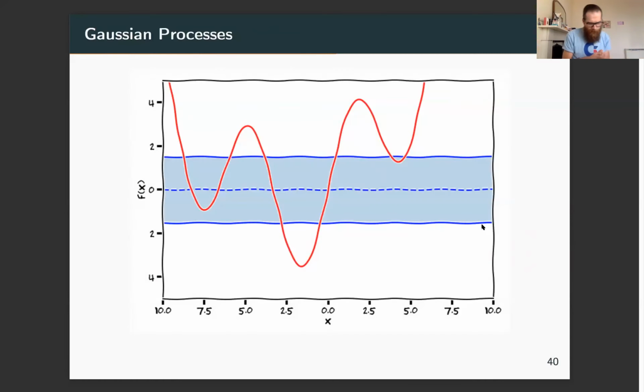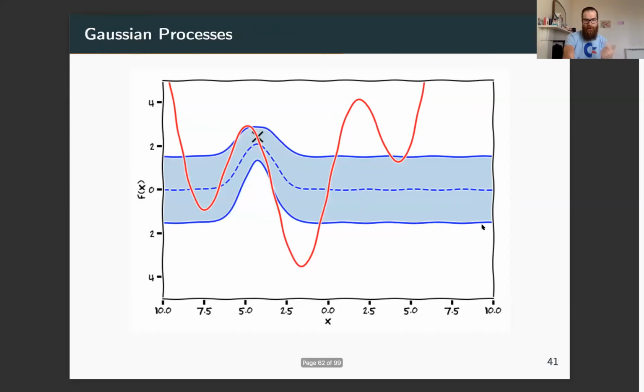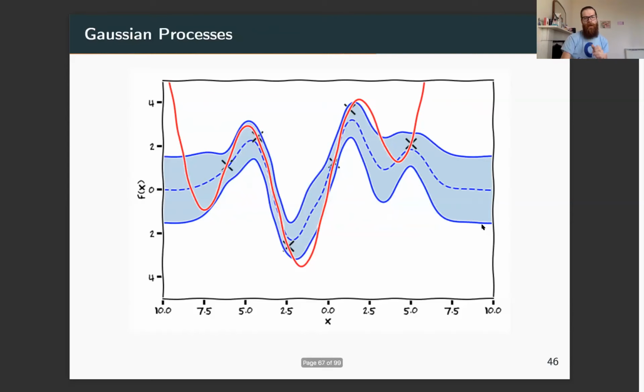Okay, another way of seeing this, which leads to one of the biggest uses of these things, is this. So let's say that I have this red function. I haven't seen this function. I don't know this function. And now I have a prior over this function, which is this blue thing. Initially, I haven't seen anything. So now what I'm going to do is continuously start seeing points, and you can see how my belief is updated. So I see this point. You can see now I become more certain around just there. I start seeing points, dunk, dunk, dunk, and I start learning something about the function.